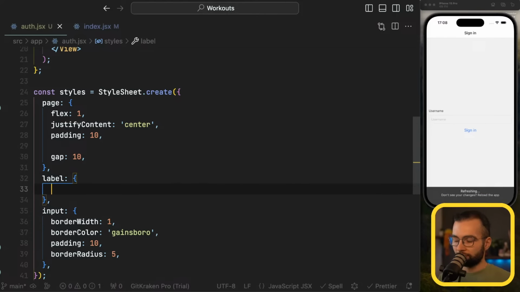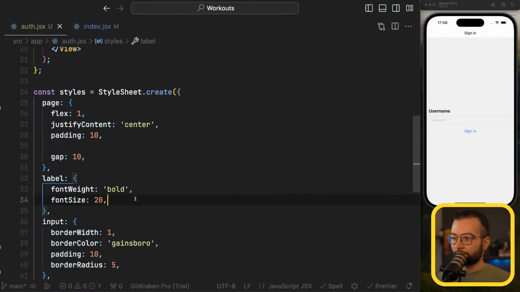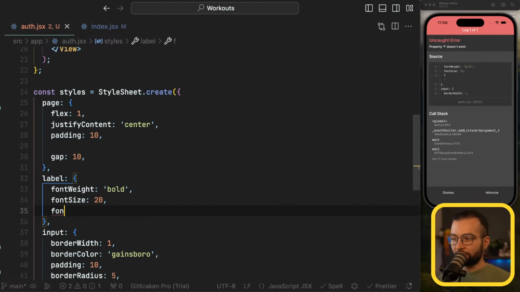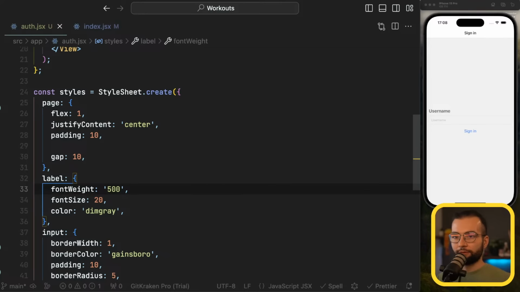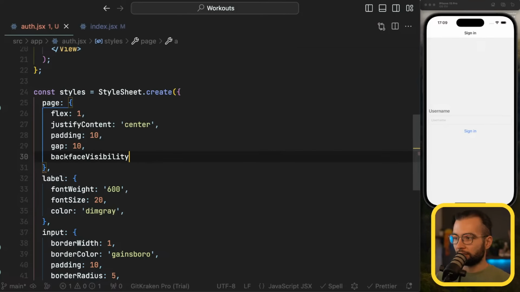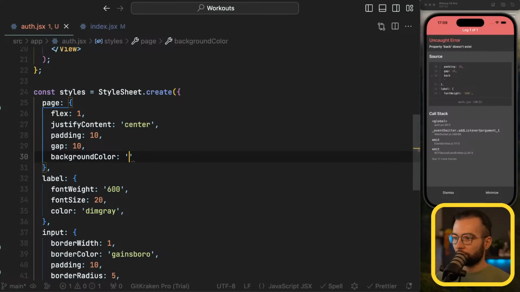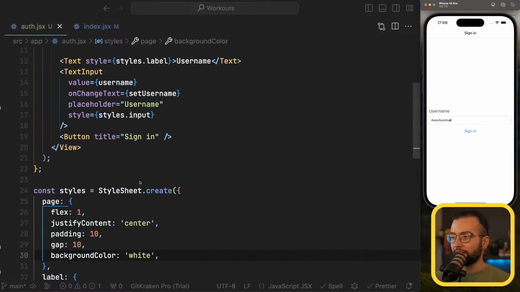For the label, font weight bold, font size 20. Maybe color gray. Dark gray, dim gray, and not bold but 500, 600, something like that. Okay, so here we have a very basic sign-in screen. Maybe the background color of our page should be white. Background color white. Okay. Now I can write here something, I can press sign in, and when that happens, we have to call a function